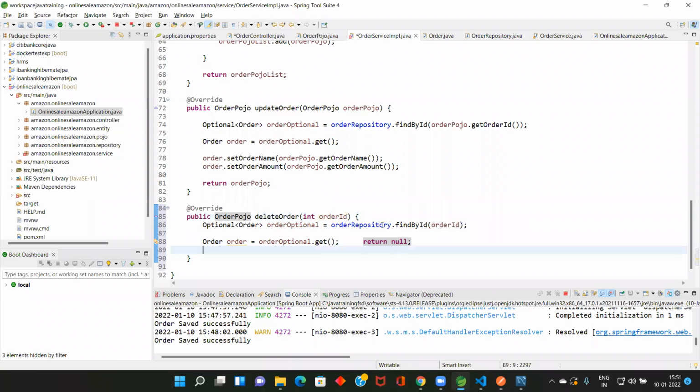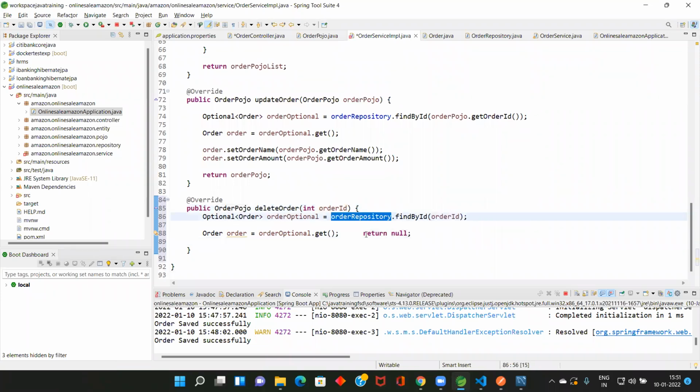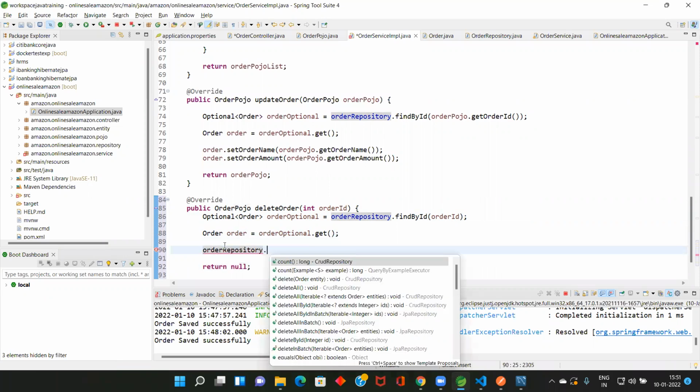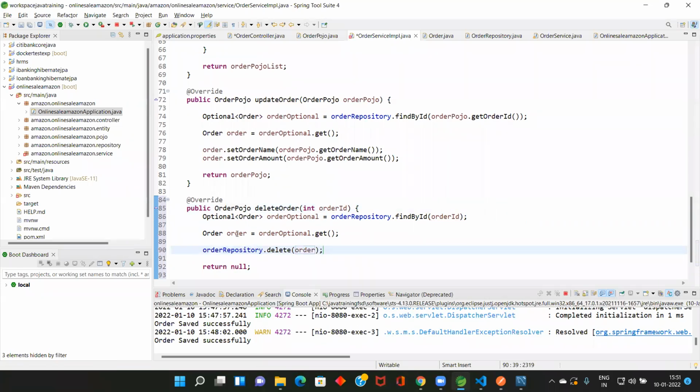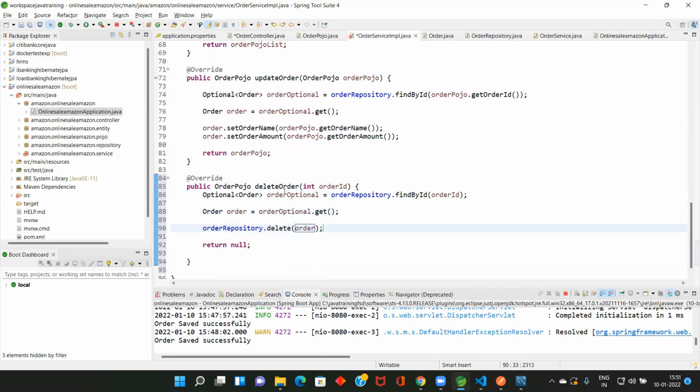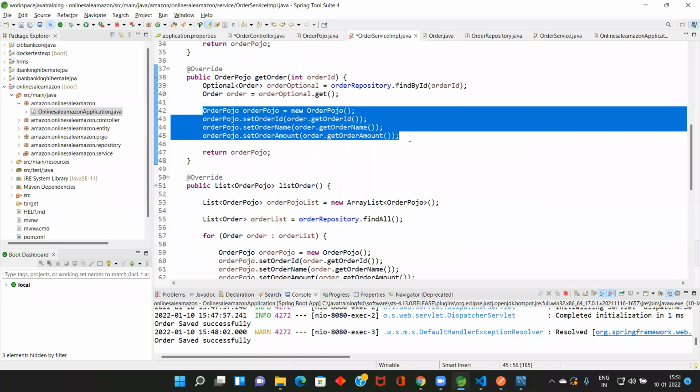Then repository dot delete. See here, delete by order entity. This should be used. So order entity is this one. Yeah, I pasted this one. That's all. It will delete. Then if you want, you can convert from order to order Pojo. Anyway, no need, but if you want, you can do this one.